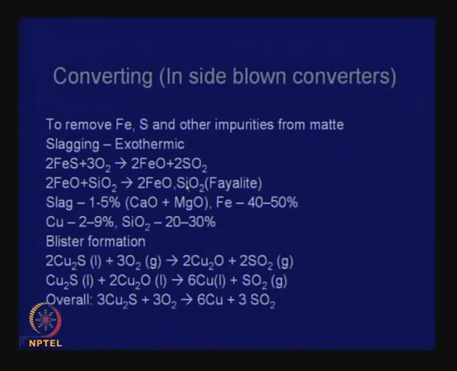It will go into the slag phase. The slag will contain 1 to 5% calcium oxide and magnesium oxide. Iron will be mostly 40 to 50%. There may be some slag losses. It would have silica. So, in the converter where the molten matte is being oxidized by blowing oxygen, these reactions